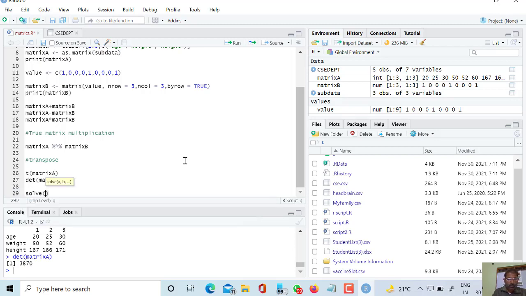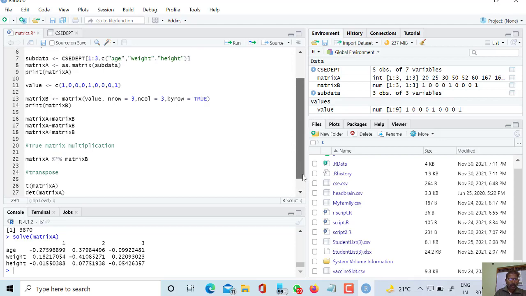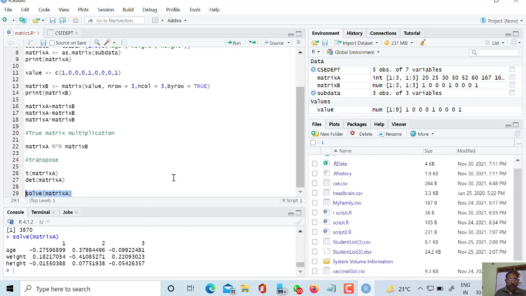Solve function. Solve matrix A. So here we have got every value of its transpose. So in this way we have got the values. Again